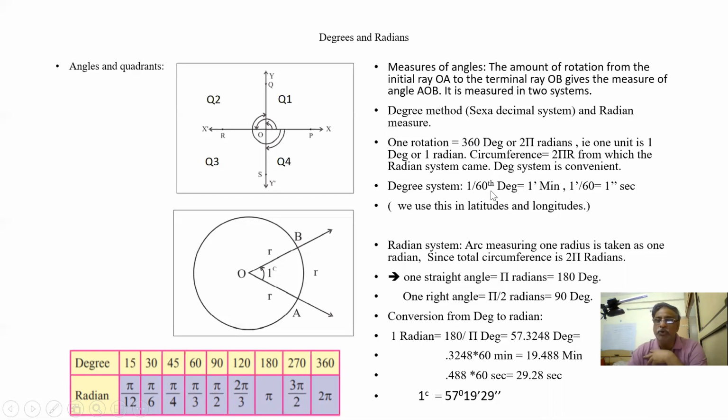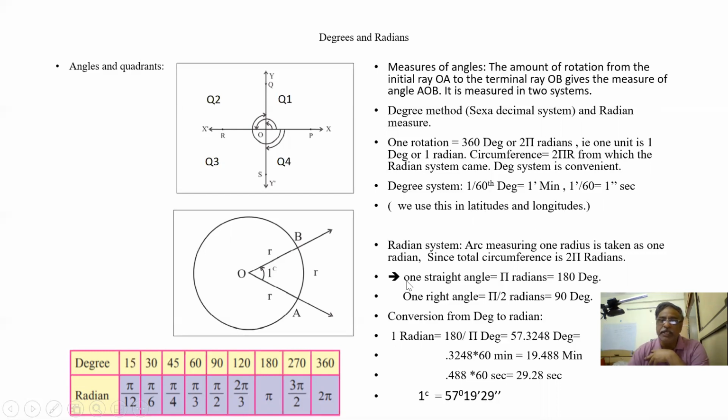Why do we need to extend to minutes and seconds? We will use this in latitude and longitude problems, when you have to mention on the earth which latitude and which longitude it is. So we have to go up to seconds, even further divisions of this unit, so that we can pinpoint. The GPS system goes up to seconds or further down also.